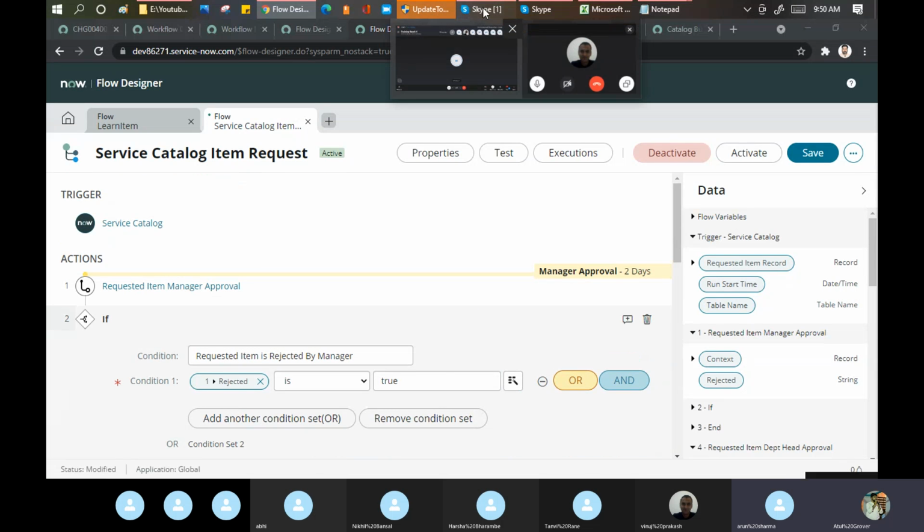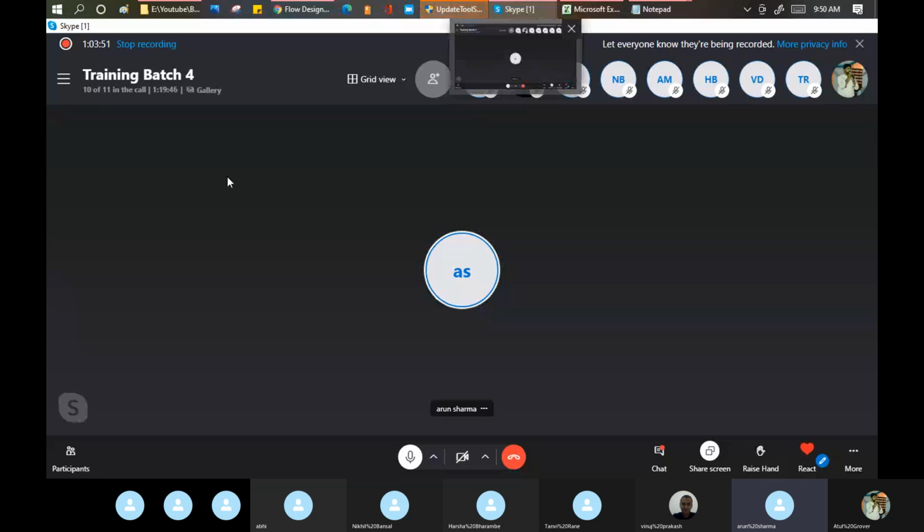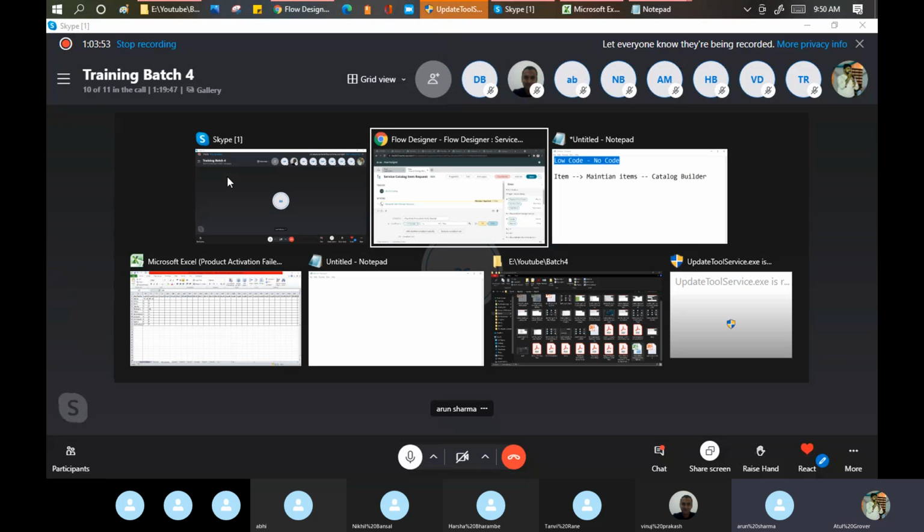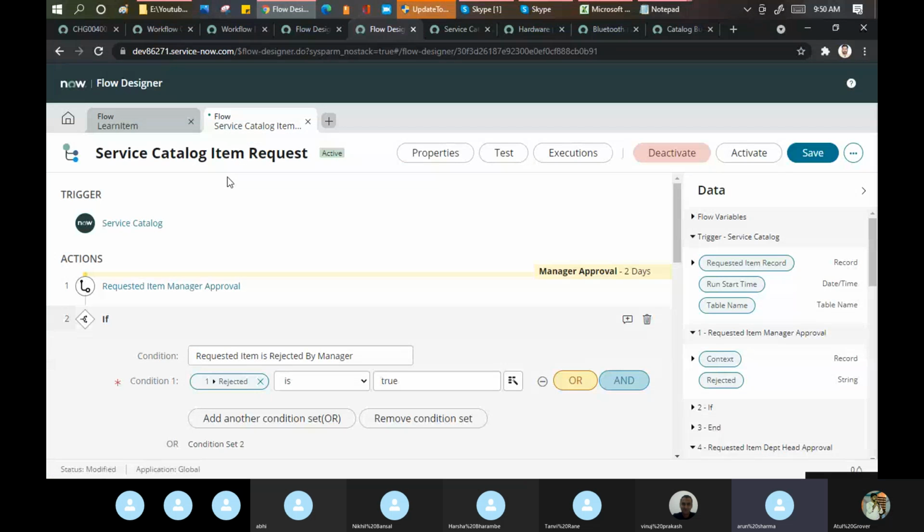We are all learning here, not putting on a show. A question I have is, how much is this used in our day-to-day work? I think this would be a one-time effort, the workflow part. Yes, it is a one-time effort, but if you notice, everything in ServiceNow works on workflows: your change, problem, incident, request, knowledge, everything.